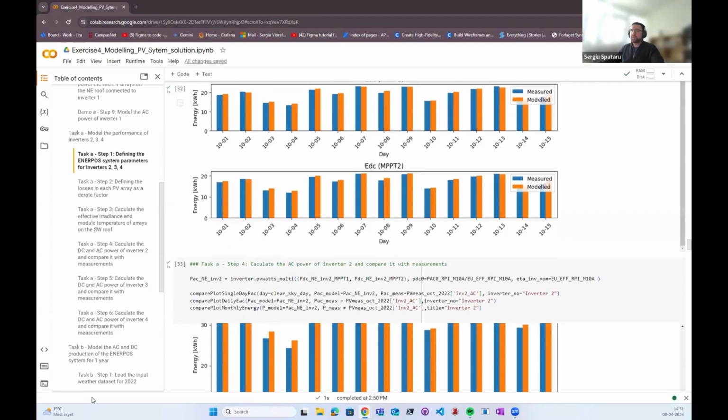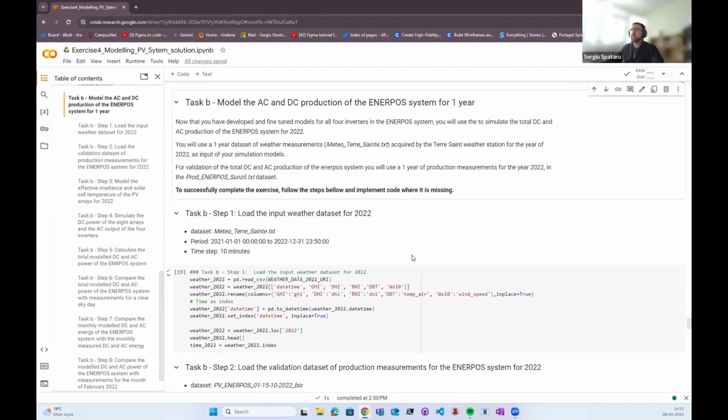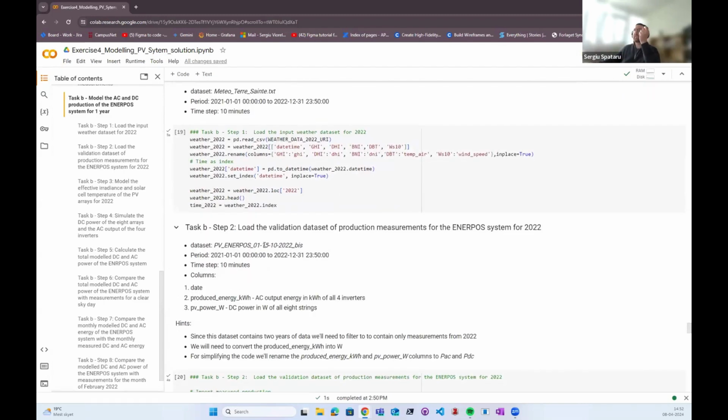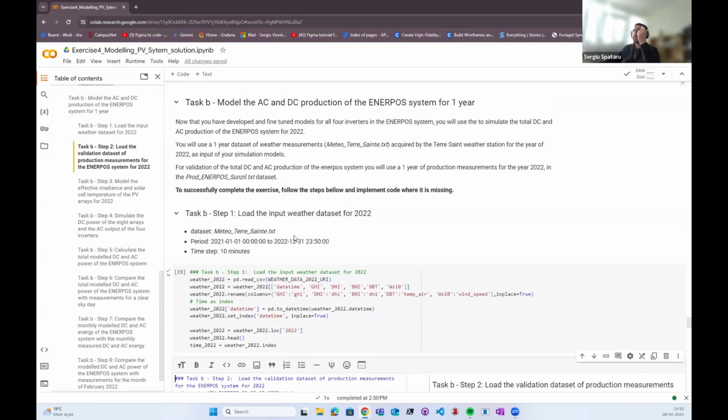Then we've reached kind of the last part, which I will let you do by yourself at home. I'll just introduce this exercise. Basically, you have models of all 4 inverters that you've tested for the 2-week period. Now you will use those models for the 4 inverters for a full year period, where your input data set will be the Meteotest, which has the weather data, and your validation data set will be a 4th data set that we haven't used